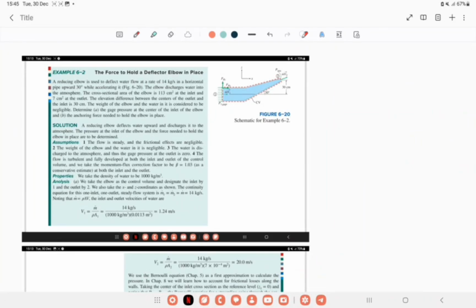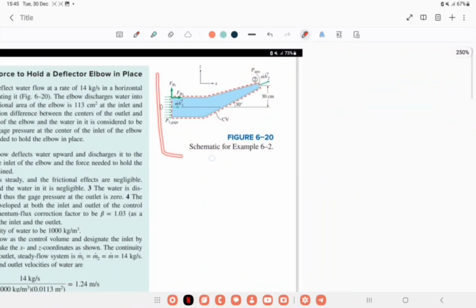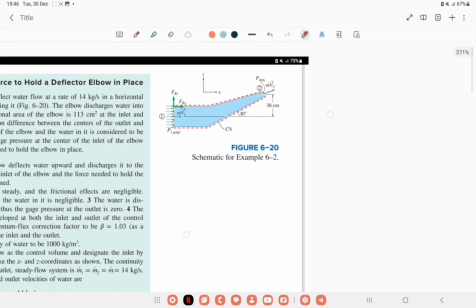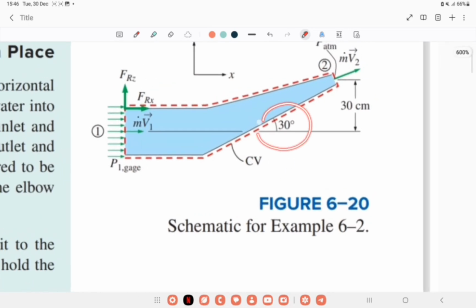Now we look at example 6.2. The first thing is we need to understand the problem. Now we look at a physical situation. Water flows steadily into a reducing elbow. As the water passes through the elbow, the pipe size becomes smaller and the flow is turned upward by